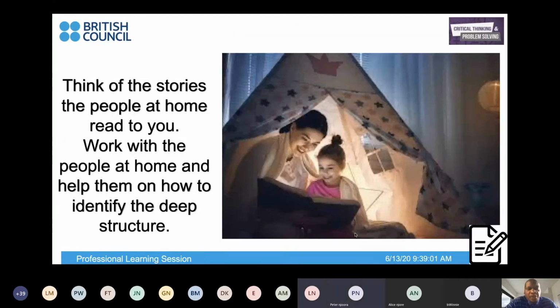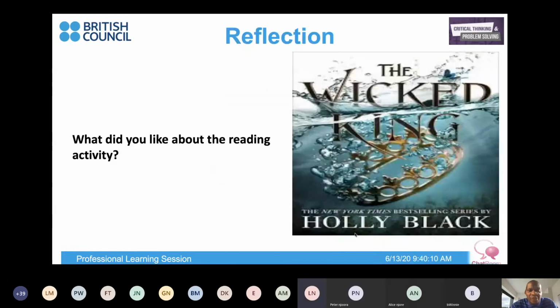And I'd like you, when you go home, I'm sure every evening, your mom or the people at home read to you a story. So when they are reading you a story, try to help them identify the deep structure. When they tell you a story, try to share how to bring out the deep structure in that particular story. So we are coming to the end of our lesson, and before the bell rings, I will ask you,